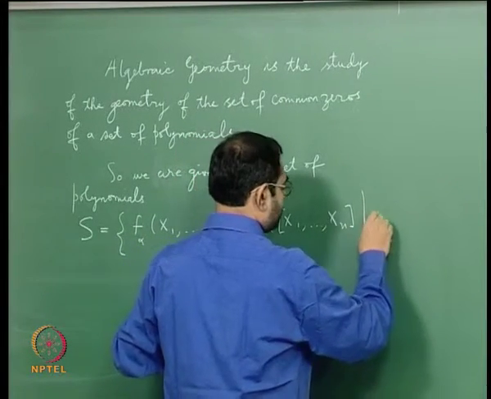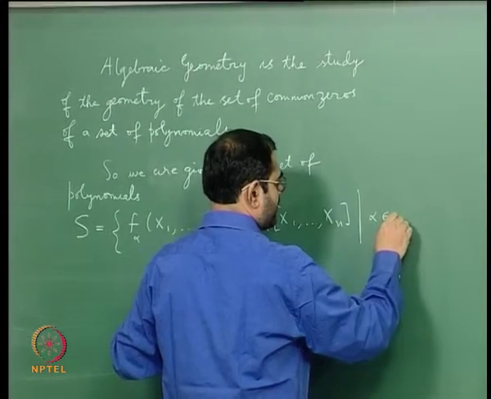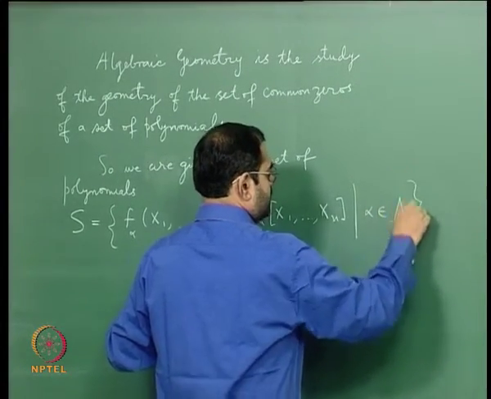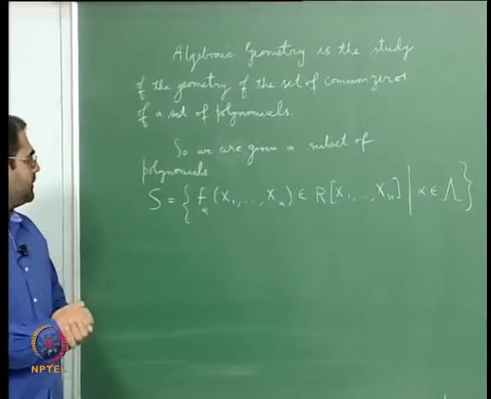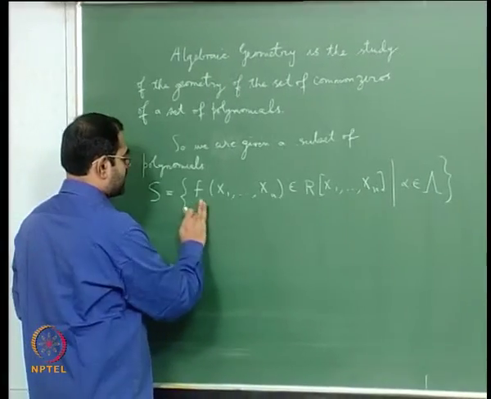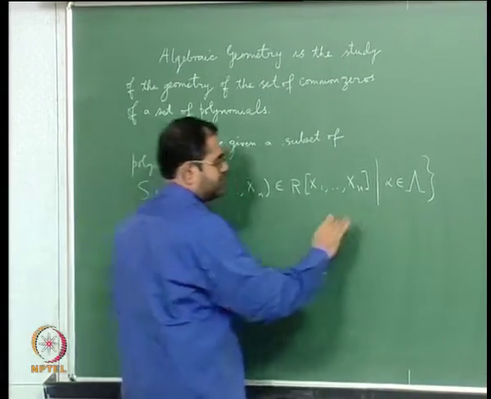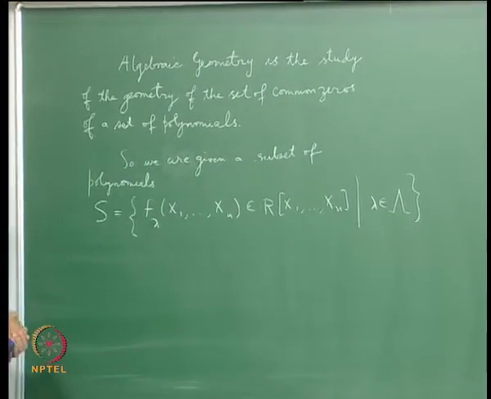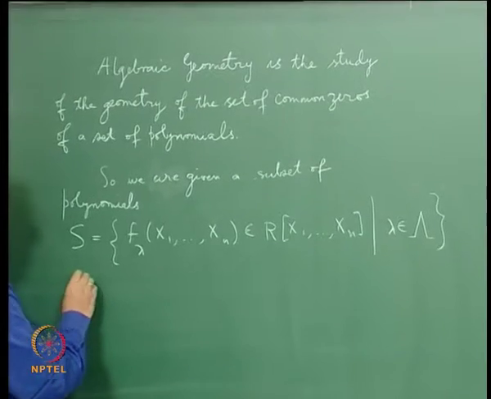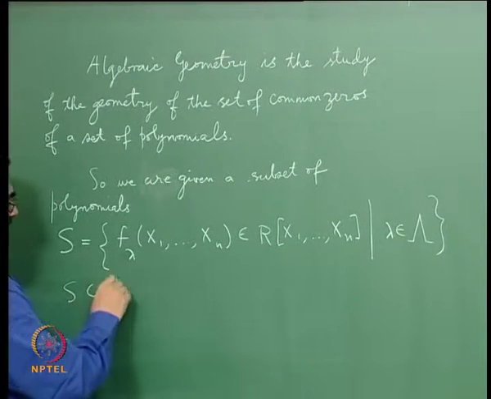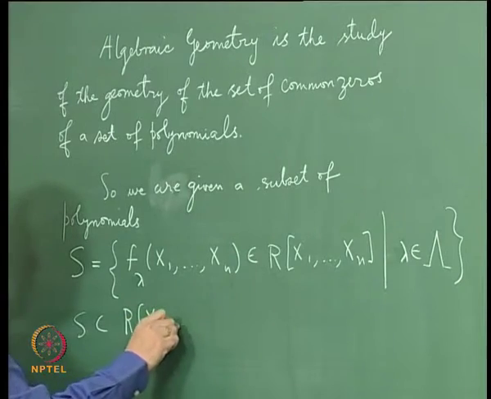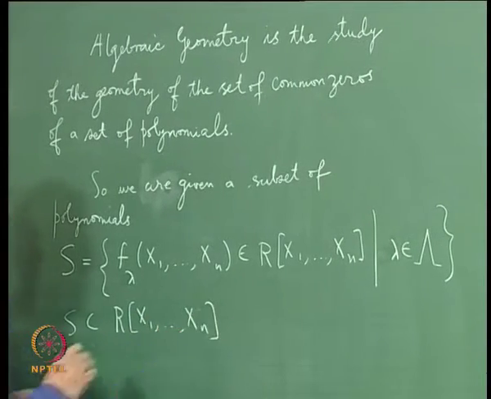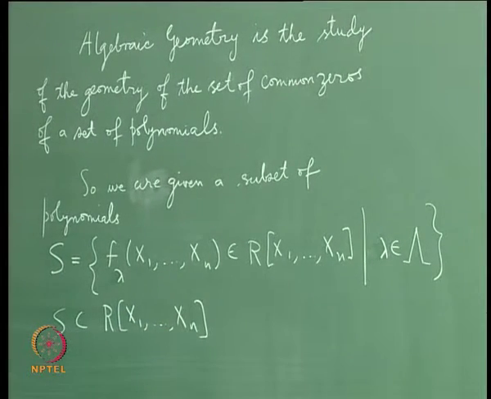So alpha is some indexing set, let me put it as lambda if you want, in which case I can rather change the index to small lambda for more coherence. So this S is a subset of the ring of polynomials in n variables over R, okay,